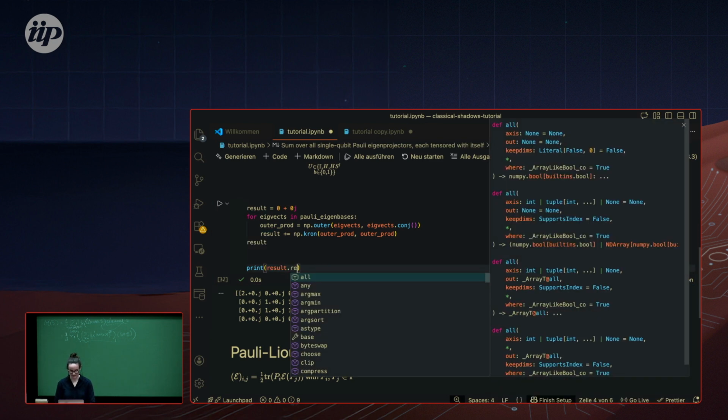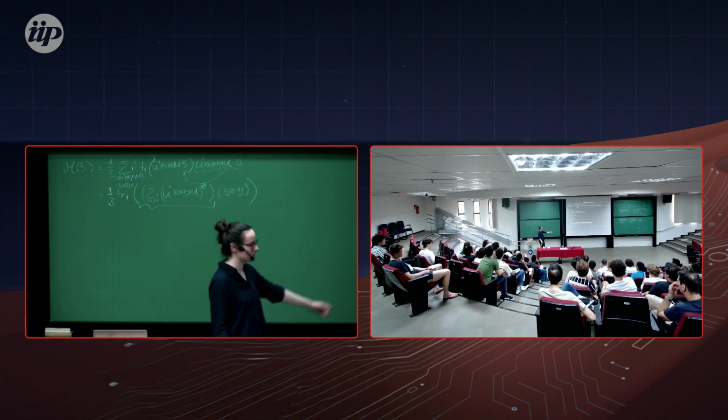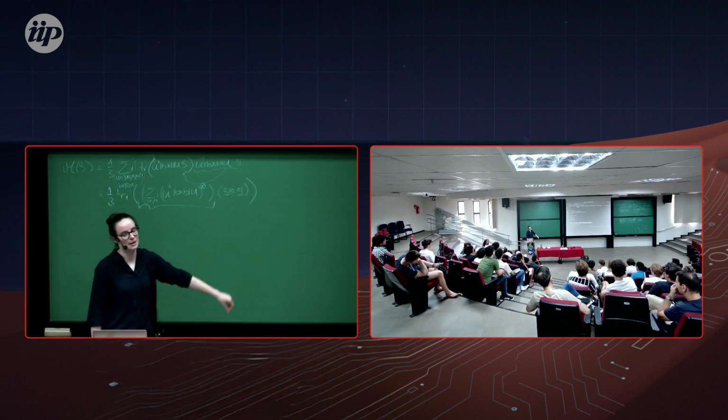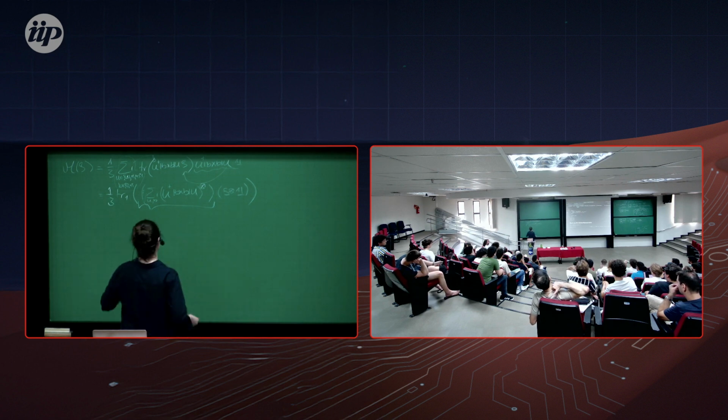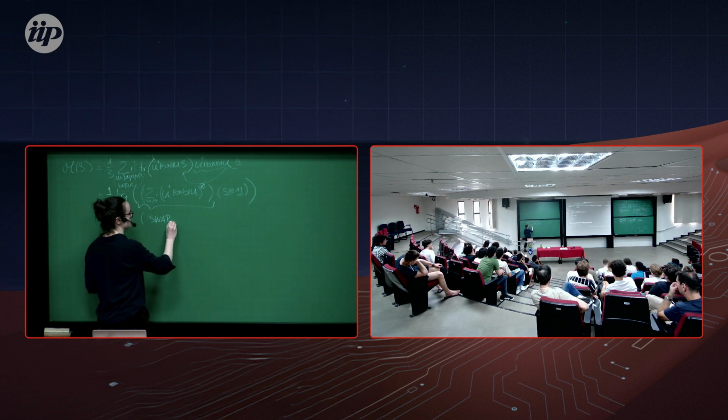Let's look at the real value. And this should again look kind of familiar to you. Who can guess what matrix this is? Richard. Very good. It is a linear combination of the identity matrix and the swap matrix. So we just showed in code, because I was lazy, that this is actually a sum of the identity and the swap operator. I told you it will be important in the beginning, with the identity.